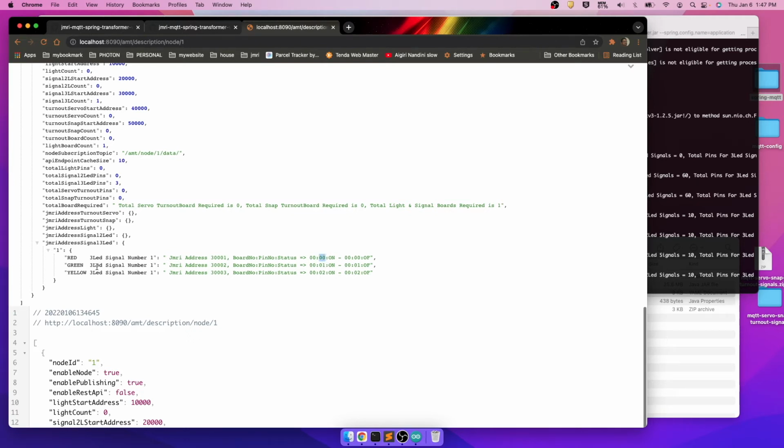and off signal. Green JMRI address 30,002, board number 0, pin number 1, on and off. And yellow JMRI address 30,003, board number 0, pin number 2, on and off signal. So now we came to know where we have to